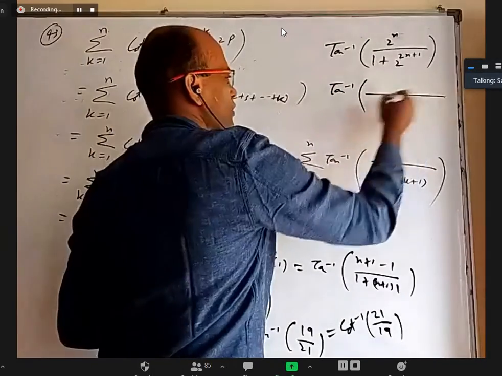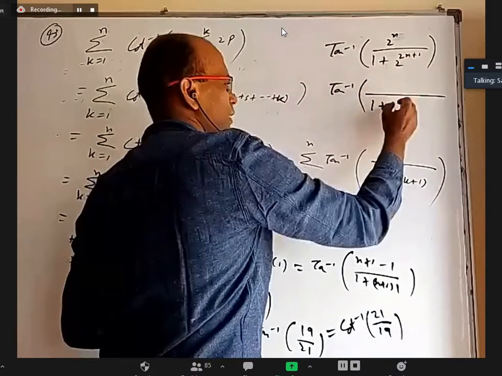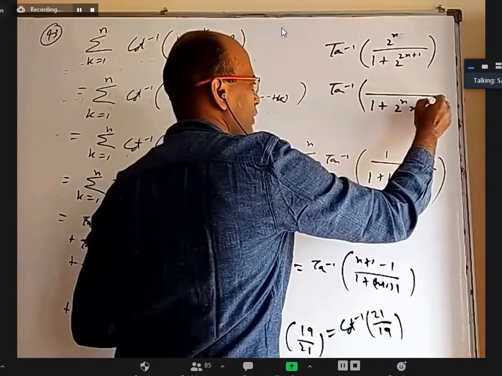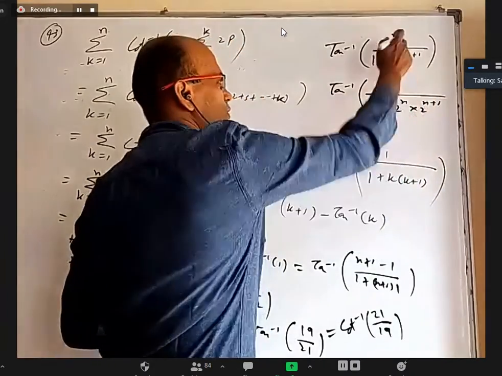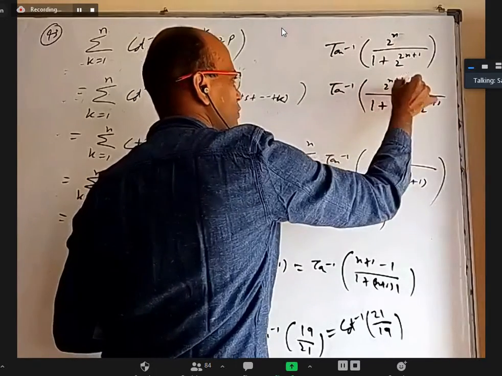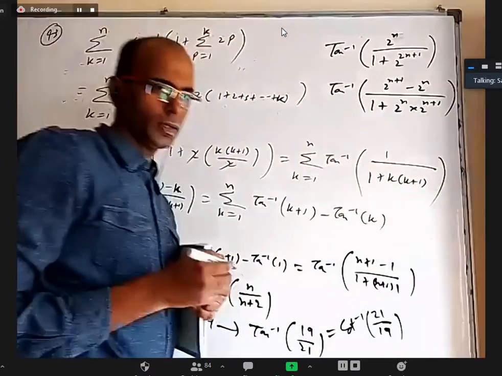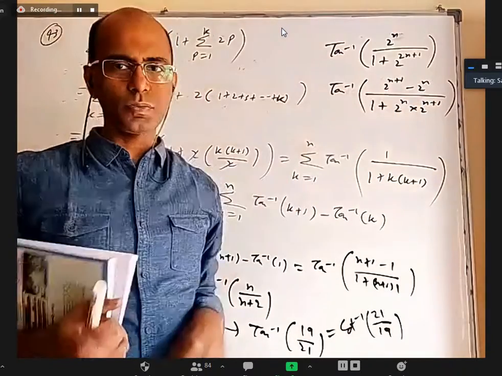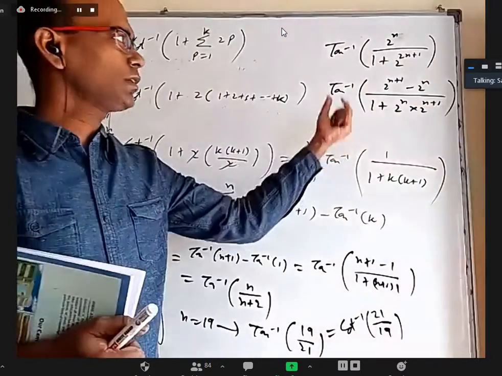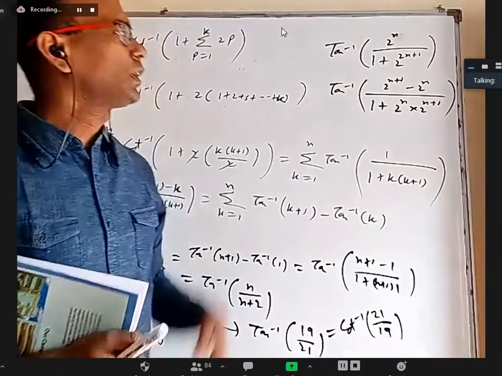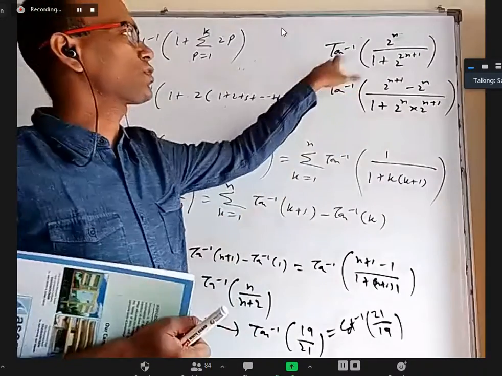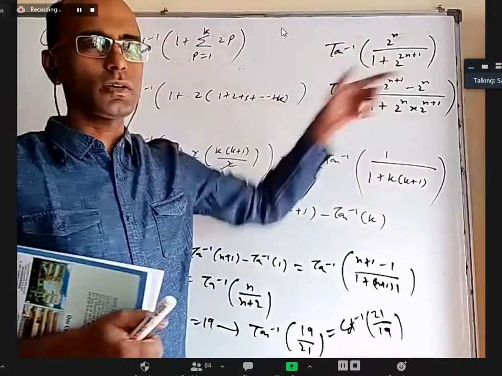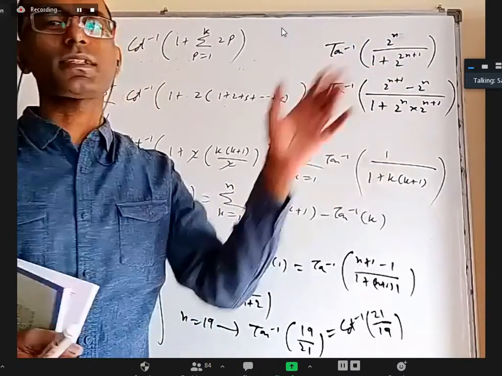It is not so easy to get that idea. This can be written as 2 power n into 2 power n plus 1, and the difference of these two is 2 power n plus 1 minus 2 power n. Because in the numerator, if you take 2 power n common, you get 2 minus 1. You get tan inverse 2 power n plus 1 minus tan inverse 2 power n. Now if you want to give this question, put n equal to 1 here, n equal to 2 here, n equal to 3 here, write 3, 4 terms, and ask sum of 20 terms or something.